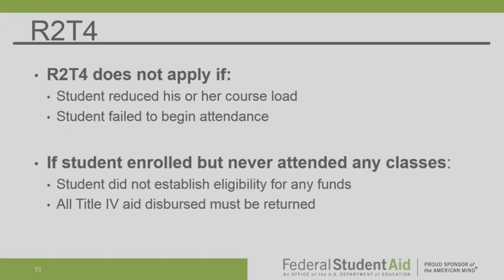R2T4 does not apply for your student who reduced his or her course load. If your student withdrew from 1 class or 2 classes from his scheduled courses for the payment period, when he changed his credit from 15 credits to 9 credits, he's not withdrawn. He changed his enrollment status from full-time to part-time, is still attending, therefore you don't need to perform an R2T4